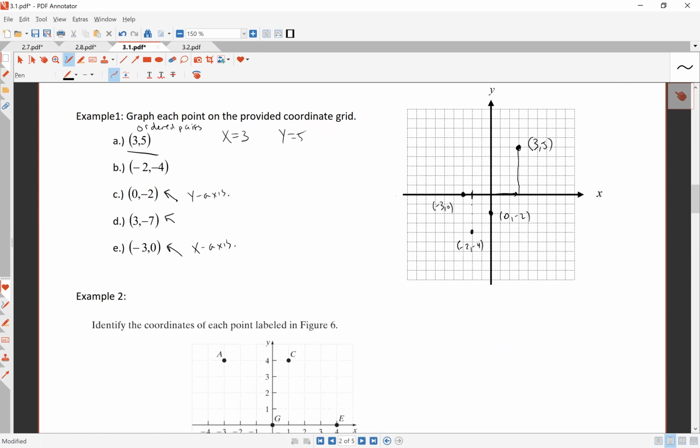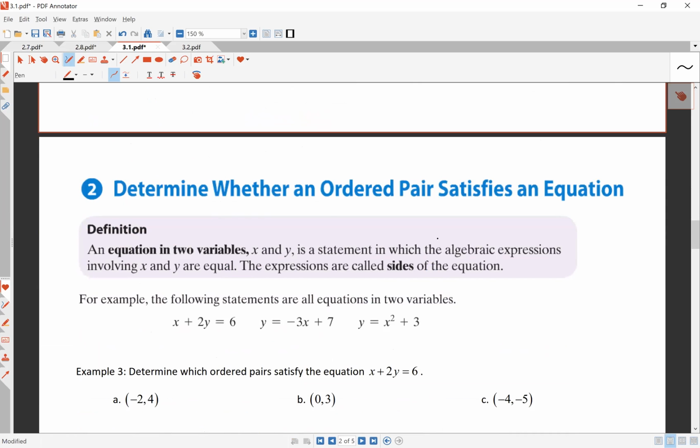And then 3, -7 puts us over here, 1, 2, 3, and down 1, 2, 3, 4, 5, 6, 7, puts us over here in what we call the fourth quadrant. Okay, so that's how you plot those points. And what we'll have